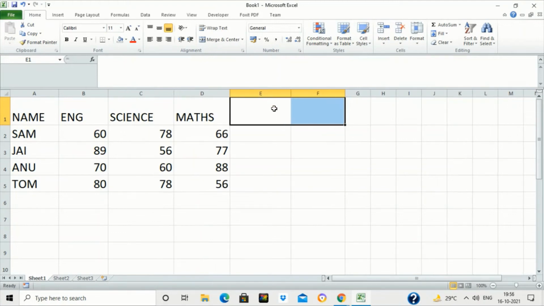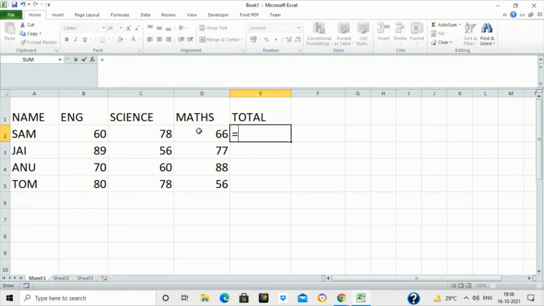So now if I have to find total marks of the students, we can simply write total here, and then press enter. I have to find total marks of each student, that is marks of English plus science plus maths. So first of all, the formula always starts with an equal to sign. So we have to write equal to sign first. Click on English, that is 60, and a blinking boundary is coming on this cell.